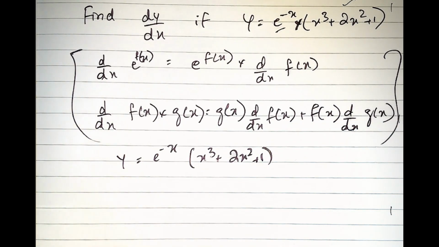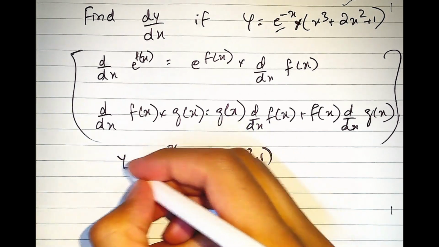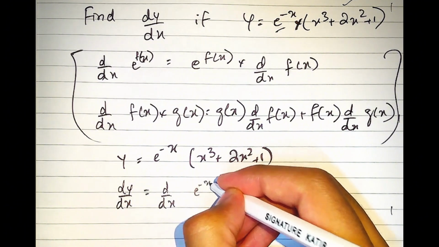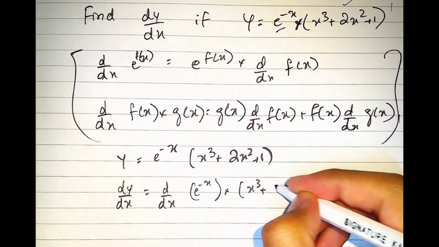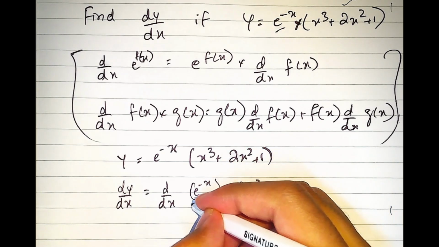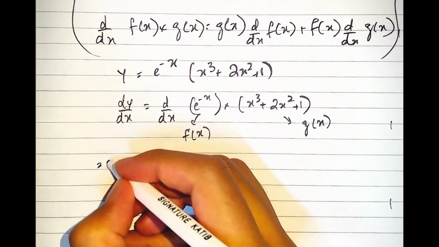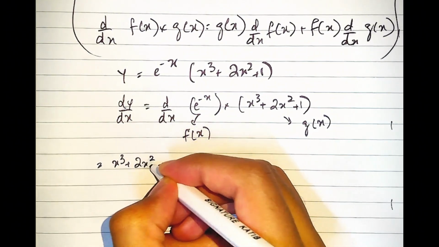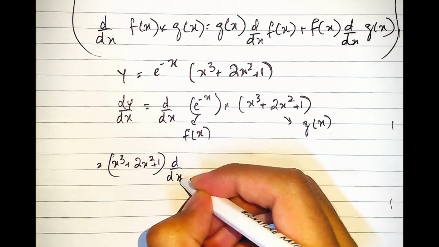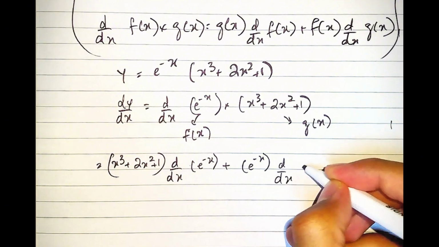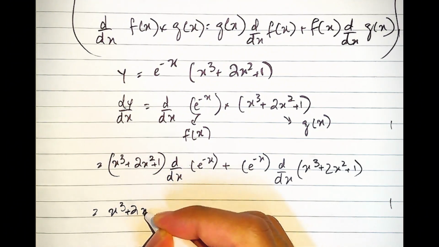Okay, now the derivative of e raised to a function is e^f(x) multiplied by the derivative of the function, and these two terms are being multiplied, so we can use the product rule which we have just used in the previous question. So let's begin. Let's just apply the differentials on both sides of the equation: d/dx of e^(-x) multiplied by (x^3 + 2x^2 + 1). So this thing right over here will be my f(x), the first function, and this thing right over here will be my g(x), the second function. The second function as it is, x^3 + 2x^2 + 1, then the derivative of the first function e^(-x), plus the first function as it is, times the derivative of the second function,